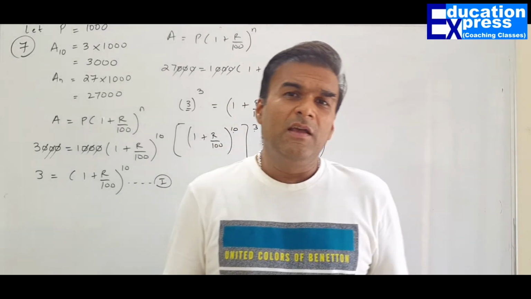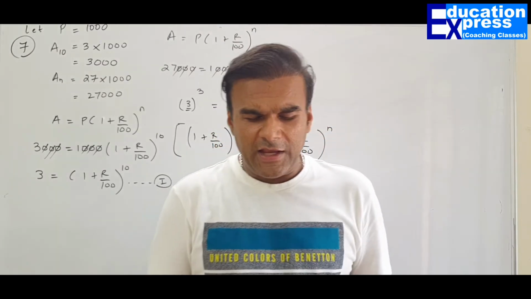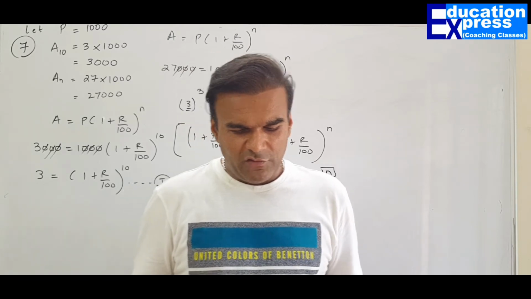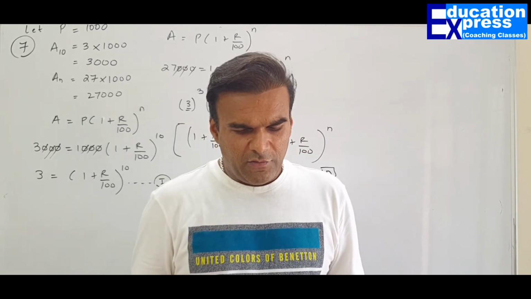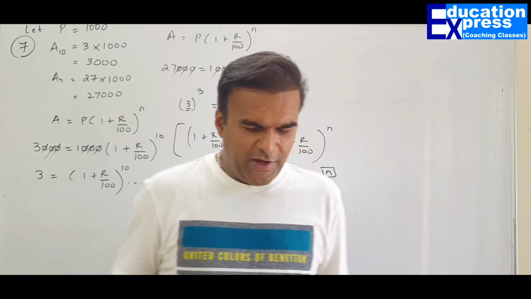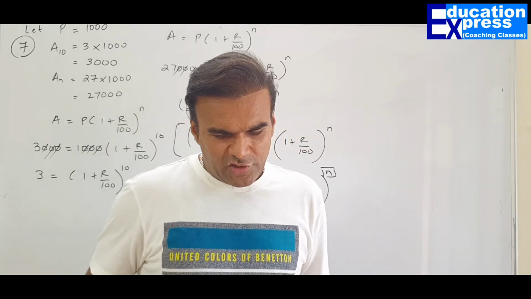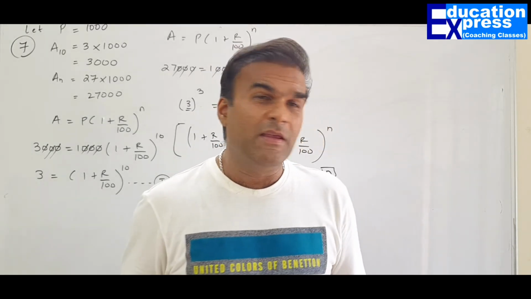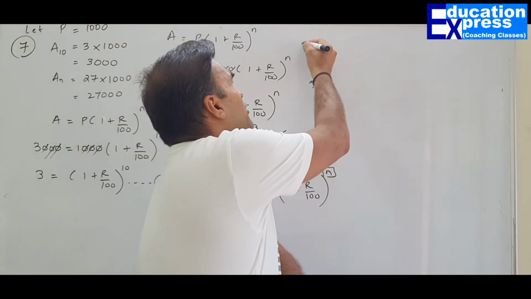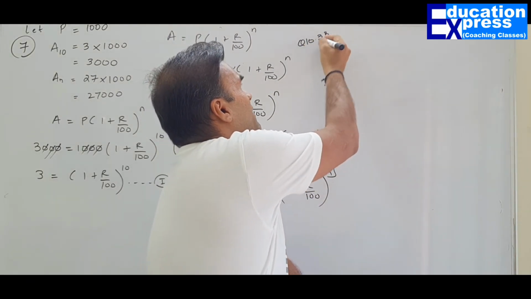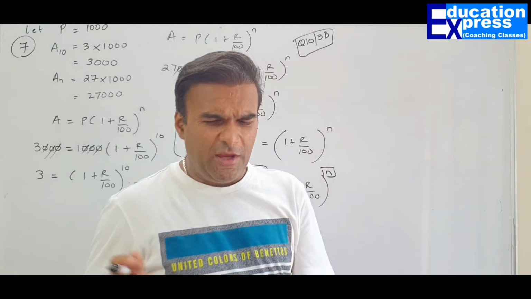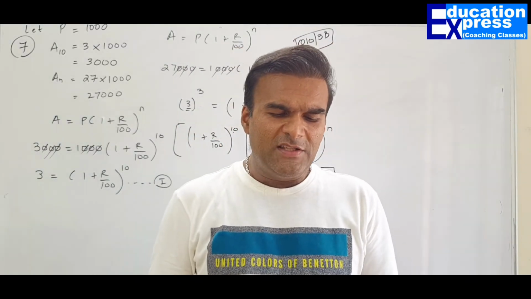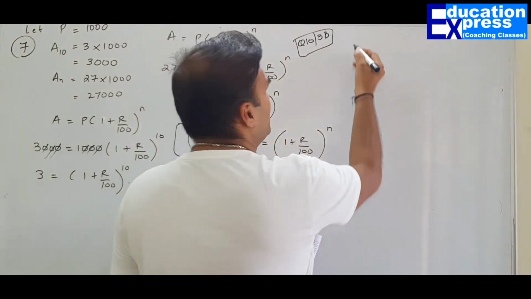A similar type of question was done. I can give you a reference to the question. A same to same type of question was done. It was question number 10, exercise 3B. Same question. Question number 10, exercise 3B was same to same question as the one which I am reading right now. Mr. Sharma borrowed a certain sum of money at 10%. So as we know that the rate is 10%.